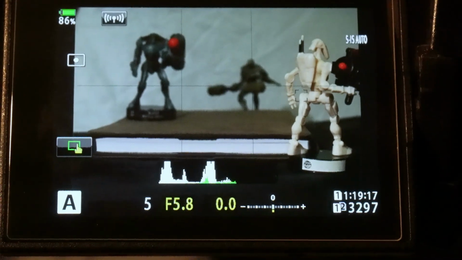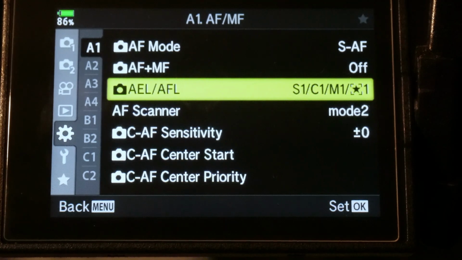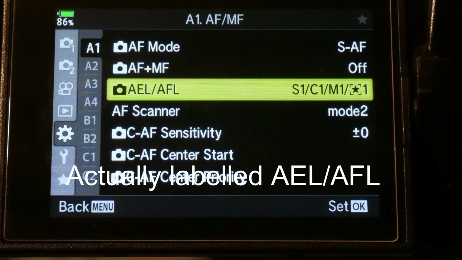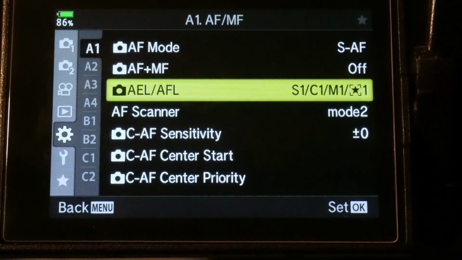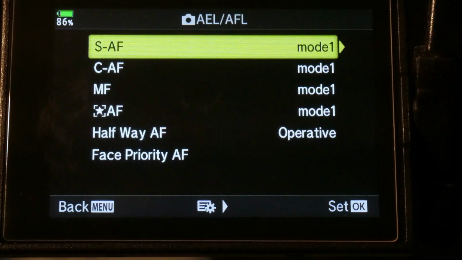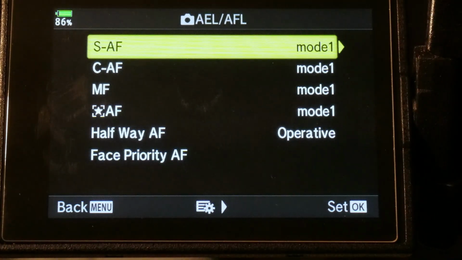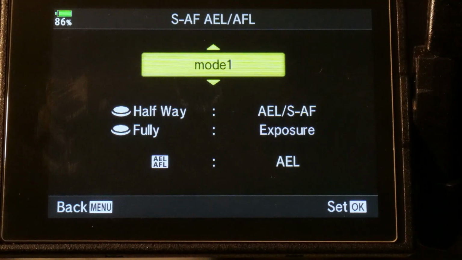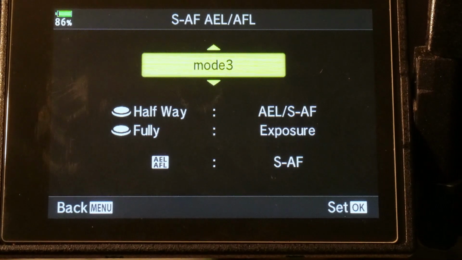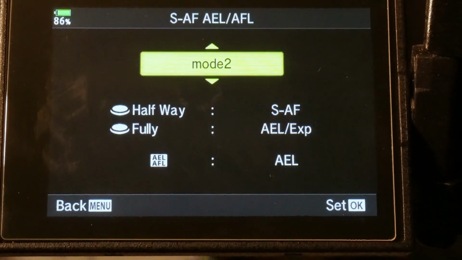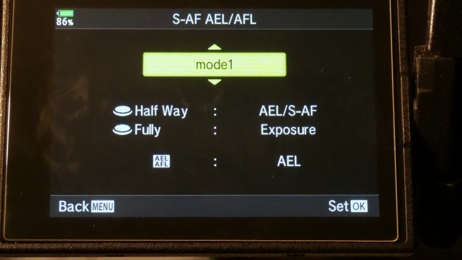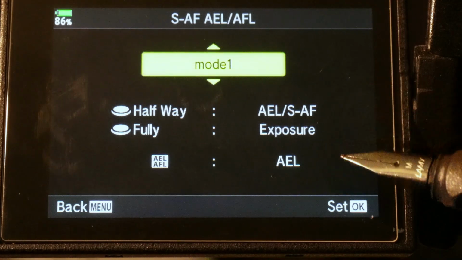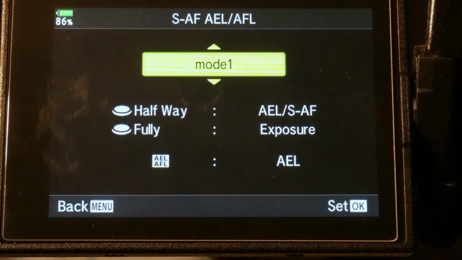So I'm going to go into the menu system. It's menu A1, off the gear menu, then A1, and then it's the third option down, AEL. Okay, so what was confusing me was all these modes. If I look at single autofocus and that option there, you can see mode 1, mode 2, mode 3. What do they all mean? Well, fortunately, the camera screen here does tell you what these things mean,